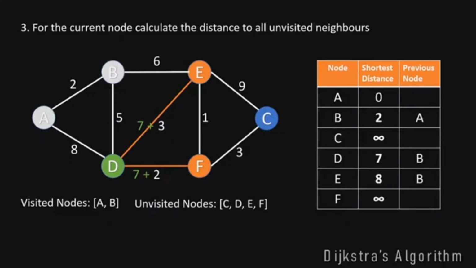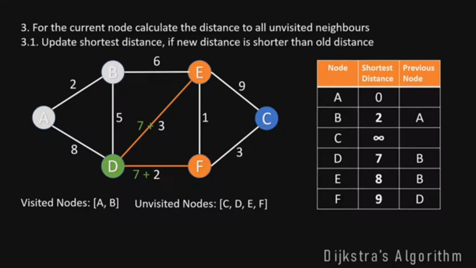So let's start with E. The distance from A to E over D is 10, 7 plus 3, but 10 is not less than our current distance 8 that we